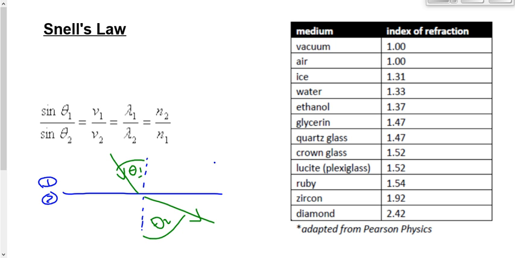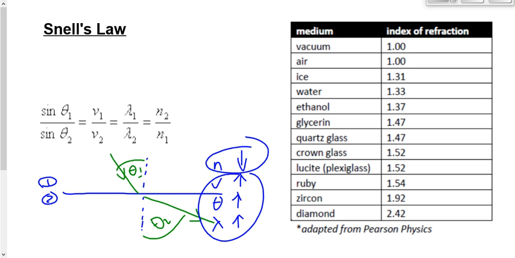N went down. Okay, that caused V to go up, which caused theta to go up and lambda to go up. These three are all directly proportional to each other, and they're all inversely proportional to the index of refraction. In this equation, you're only ever going to use two parts. How do you decide what two parts to use? Look at your givens, right? Once you recognize that it's a Snell's law problem, write down your givens,